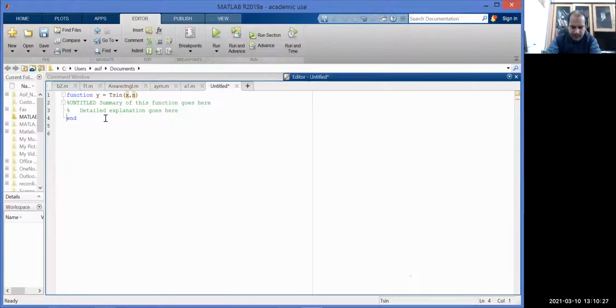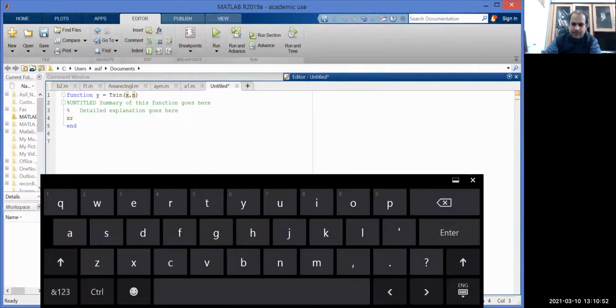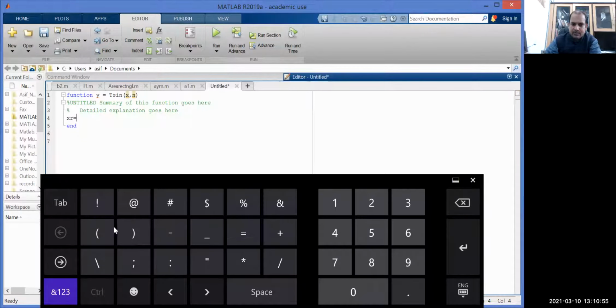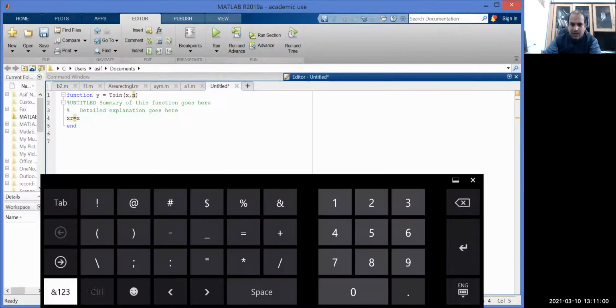x as xr is equal to... the first line is that I need to convert the entered value of x into radian. So xr is equal to x, and for multiplication we need to use star, into pi by 180.